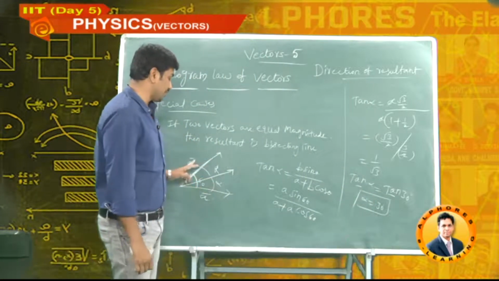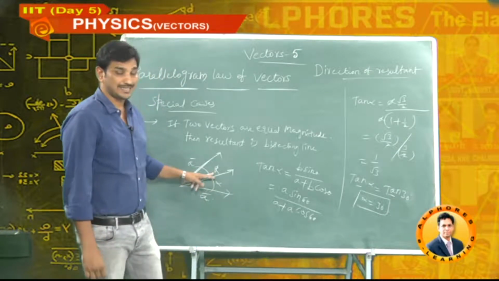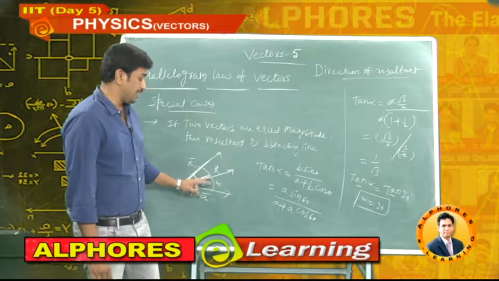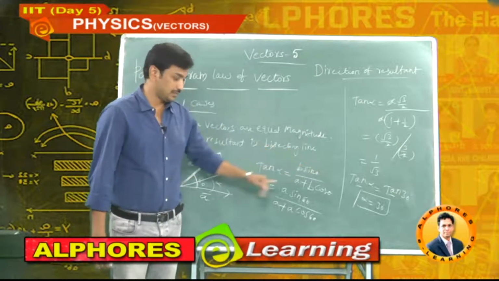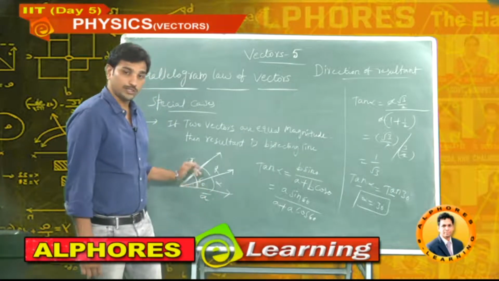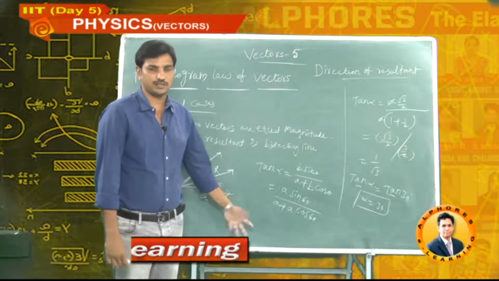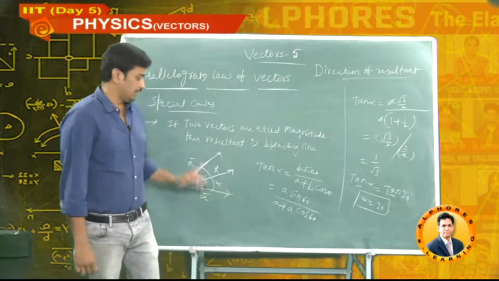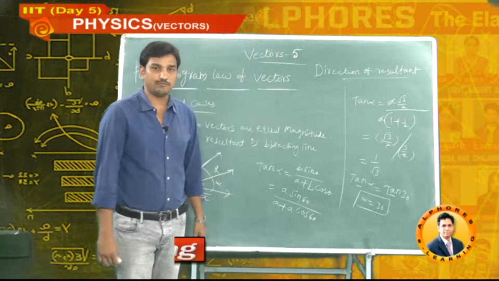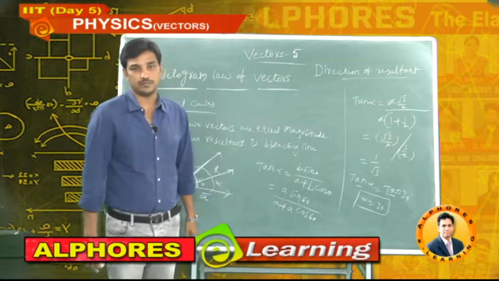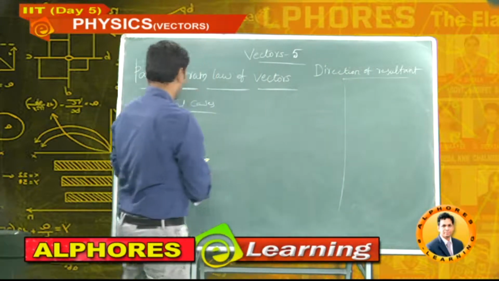Two vectors are equal in magnitude, now exactly the resultant is the bisecting line. So 60, half is 30. The answer is also 30. You got the clarity. Suppose the angle is 120, both are equal. Now the resultant is 60 with the horizontal. For any vector, it's bisecting, same, equal. Suppose equal, angle 90, the resultant makes 45 degrees with each vector. I think you understood the statement of this one. One more point.